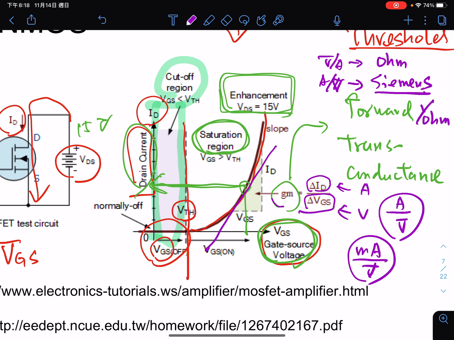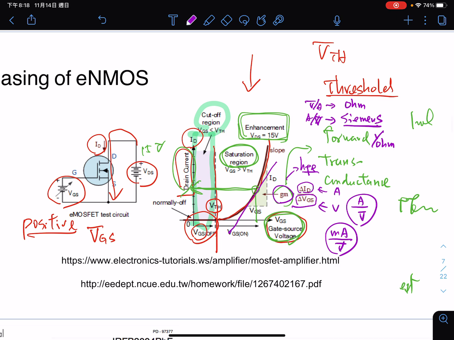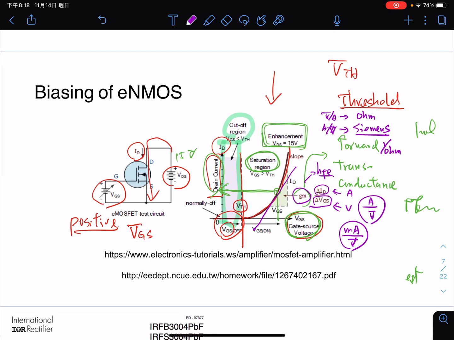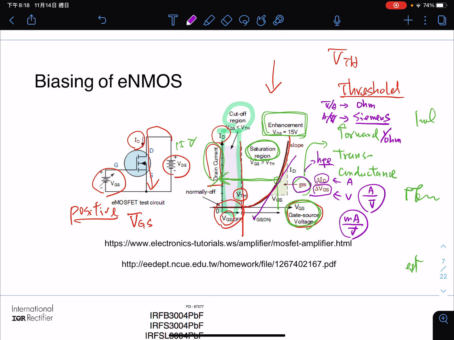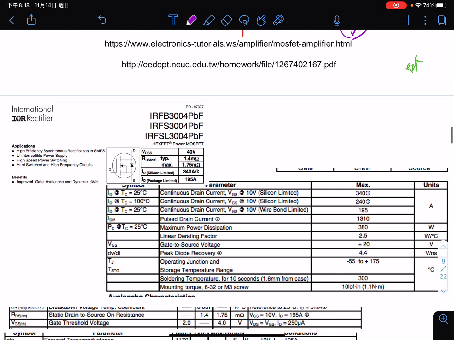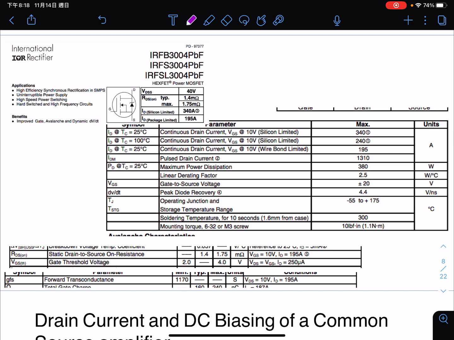And this GM acts like the HFE in the bipolar transistor, and it controls the amplification factor of the transistor. This is the basic characteristic of the enhancement mode N-channel MOSFET. And we can see an example of this. For example, this is such a MOSFET, and it's an IRF